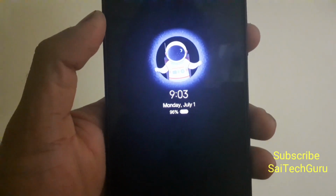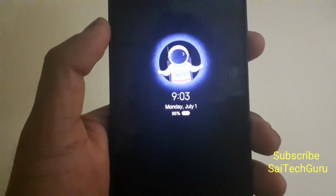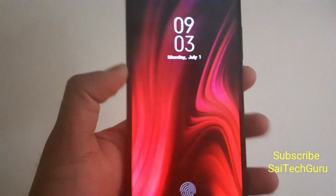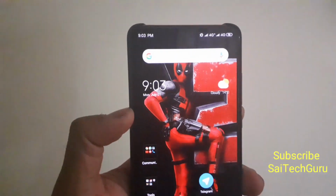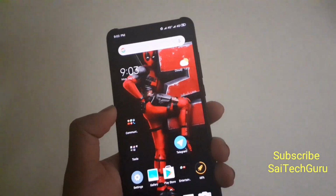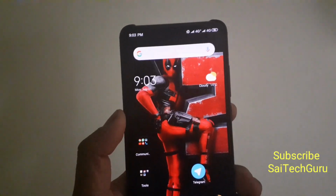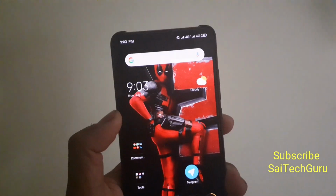So guys, after 3 hours of testing this always on display, you can see the battery dropped to 96%. So overall there is a decrease of 1 to 2%, guys, for every 1 hour in this Redmi K20 Pro if you are using always on display. So that's, guys, this is a small test on this phone, whether the always on display will consume more battery or not. So overall you can expect up to 1 to 2% drop in battery percentage, guys, in this